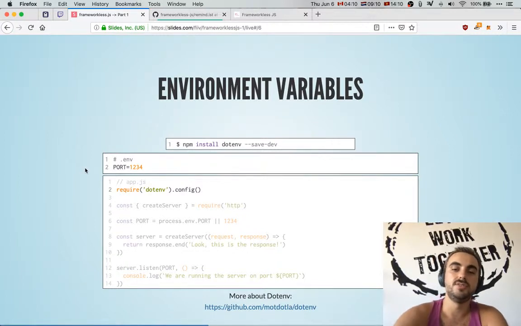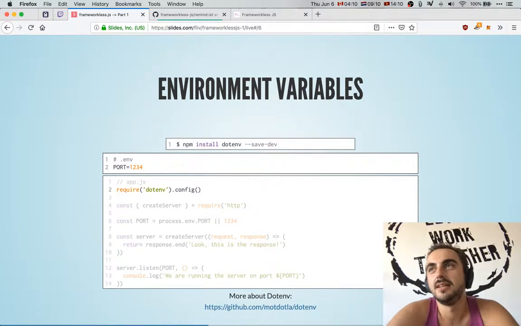And the next thing we need to do is install a way to handle environment variables easily. An environment variable, if you're not familiar, is a way to store a piece of configuration. It could be a port number, for example. That's what we're going to be using it for. But if your app connects to Facebook, for example, you might store the Facebook credentials and API keys in the env